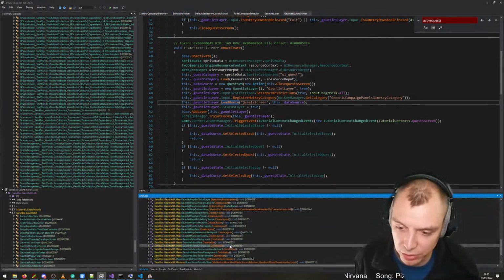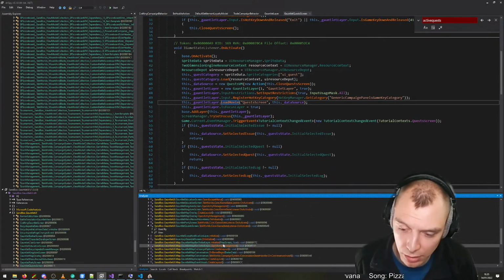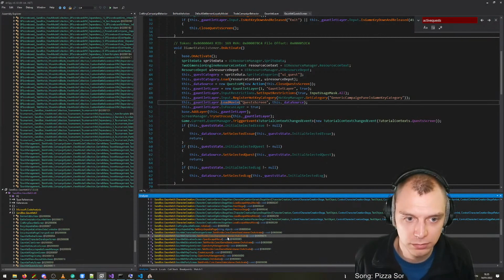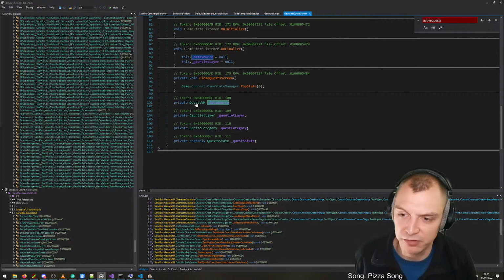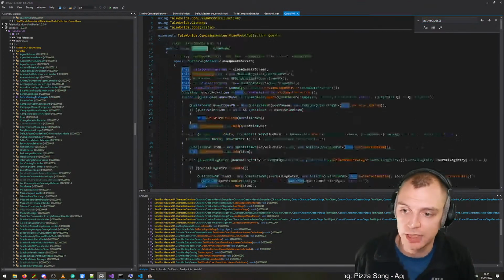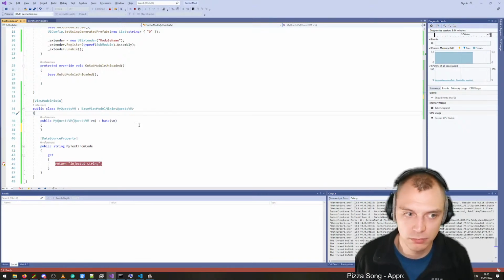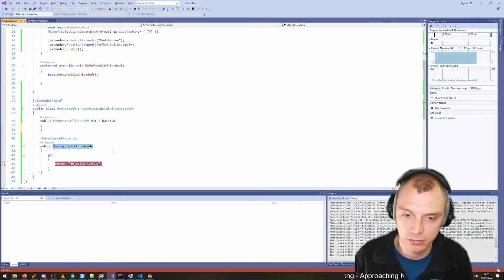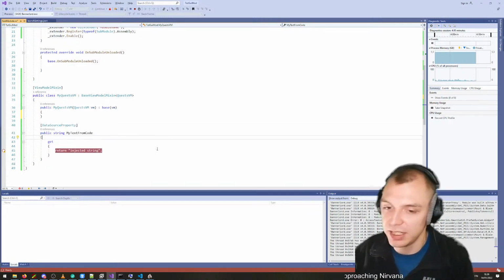So we analyzed the load movie, found out where the quest screen movie is loaded. We found the data source, quest view model, and then we made this mixin for quest view model and implemented this new data source property, which is my text from code. So yeah, that's basically how you